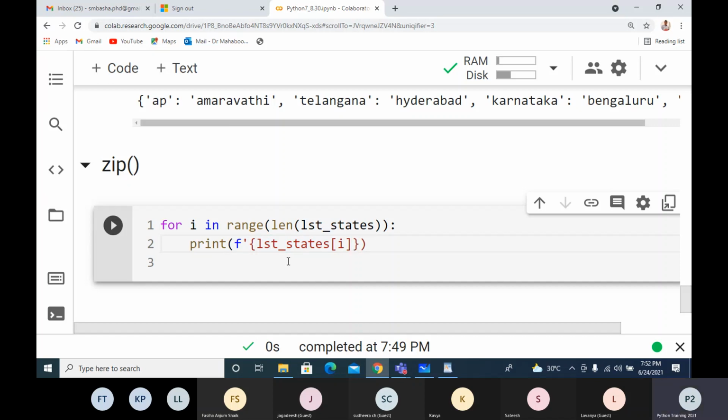This is formatting, a better way of writing a print statement. Then LST capitals I, is capital of this.